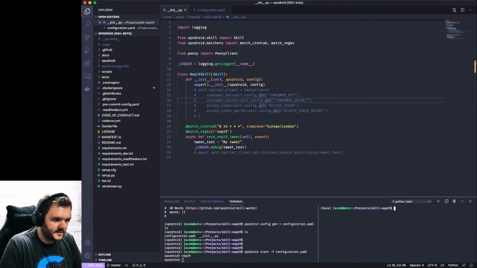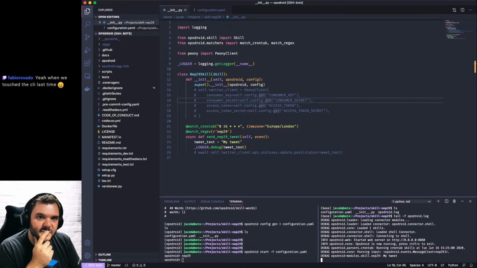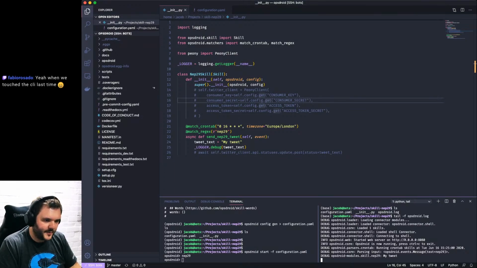Let's tail -f Opsdroid.log. Yeah, no, I think the CLI is much nicer now. Super helpful. Right, why didn't that start?